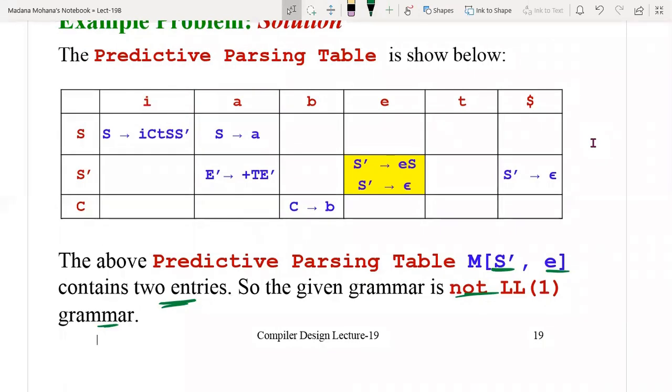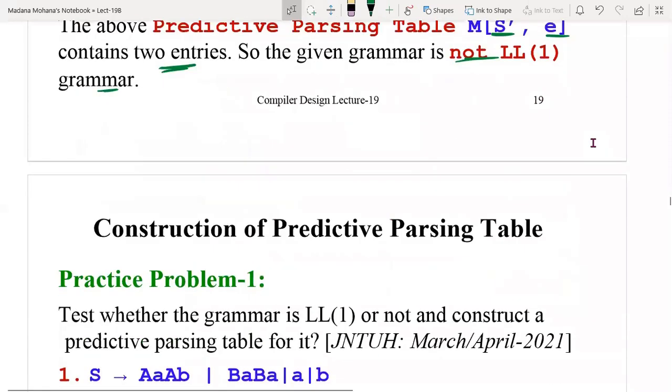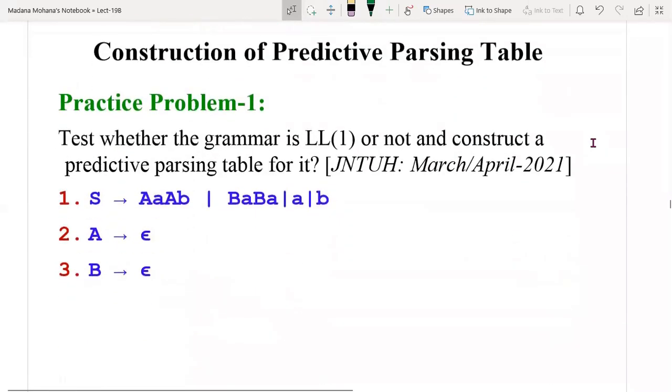Now you can see all these depend on previous topics. LL1 depends on predictive parsing table construction. The predictive parsing table depends on the construction of first and follow values. So like that you can see all are prerequisites, so you need to follow every topic. Once you know the construction of LL1, then all will be covered. Then another practice problem is given. This is one of the previous questions taken recently from the exam, the March-April 2021 JNTU question paper.